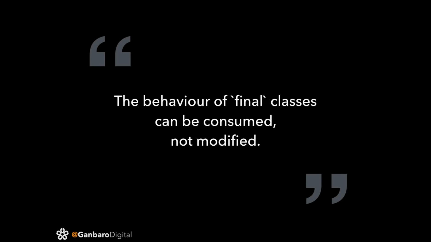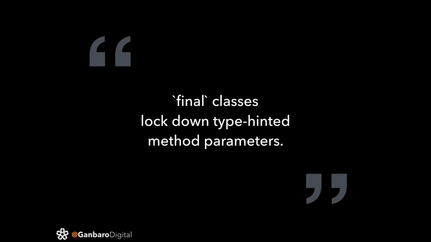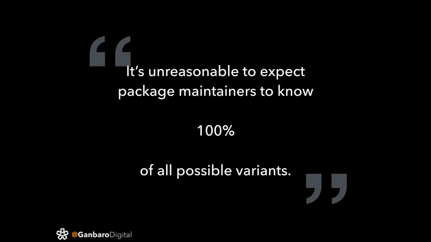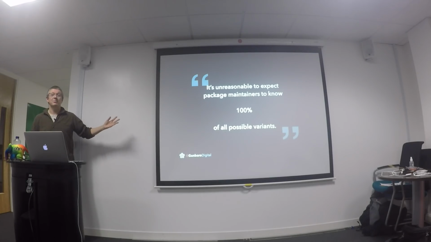Final classes, you can consume their behavior, but you can't modify them. That's what it does. But it also locks them down when you use them for type hinting. And it creates problems for people who are reusing your code. Because package maintainers, and we've shown a concrete example here, an example that nearly got 50% of the votes to